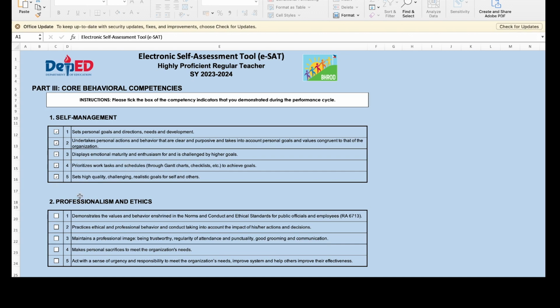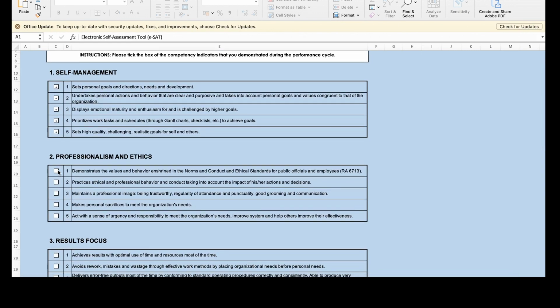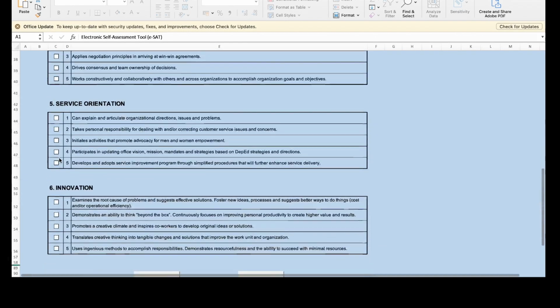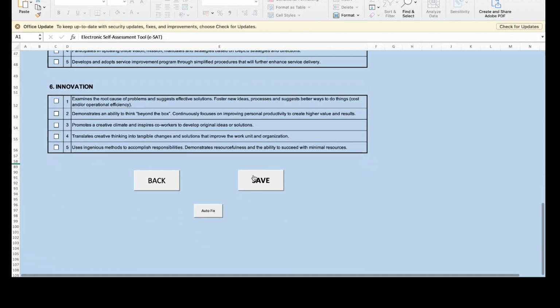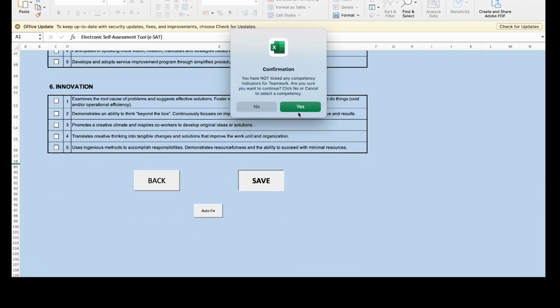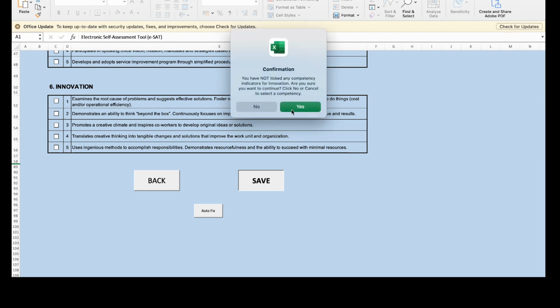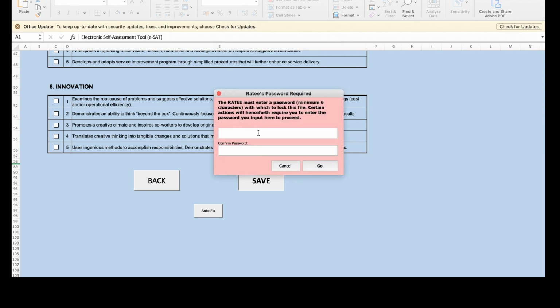If you don't have that one, please don't put a check mark. And you should agree with your rater on how you are in terms of these dimensions. Okay, so if you're done with that, please click save. If you have not taken any competency, just proceed with yes. If you haven't taken anything, meaning you are 0 on that particular aspect